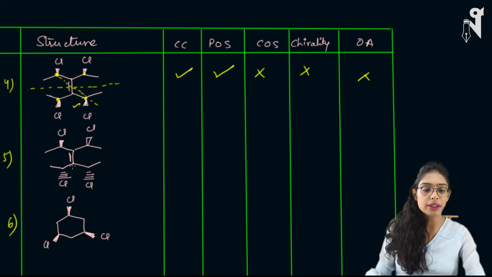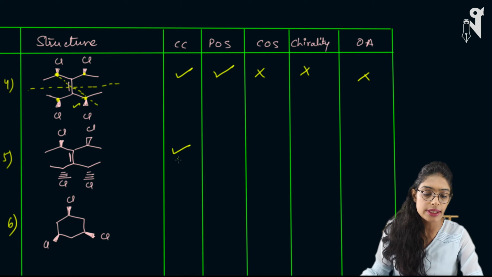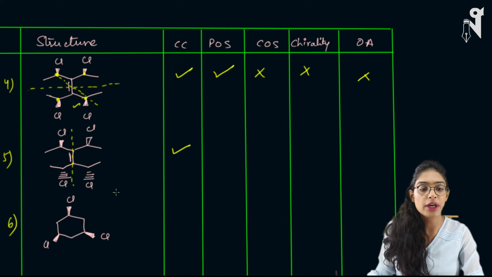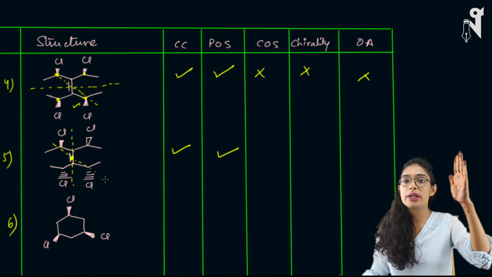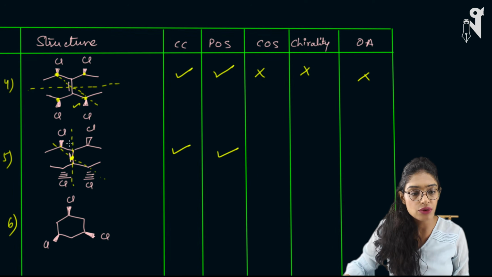Okay. Now similarly in the next compound we will see, do we have chiral centers? Yes, the molecule is the same, so chiral centers are there. Do we have POS? If I cut it like this through this plane, we are getting POS. Okay, not through the horizontal plane, through the vertical plane. Now we have to see whether we have COS or not. Now if I pass a line through the center, which is connecting this chlorine and the other chlorine over here, what is the case? One chlorine is up, one chlorine is down, and the line is passing through the center. COS is there. Same is the case for this chlorine.